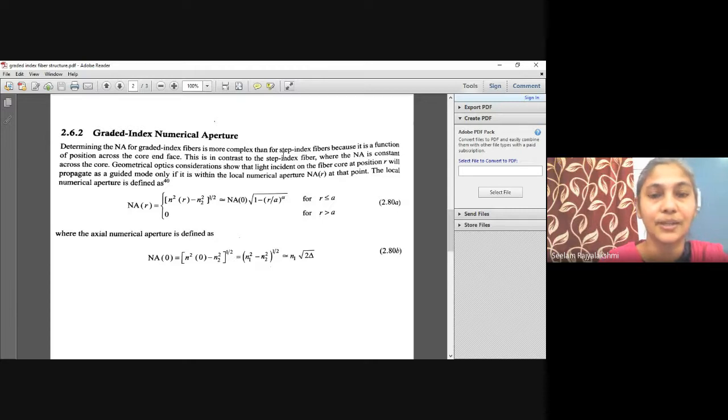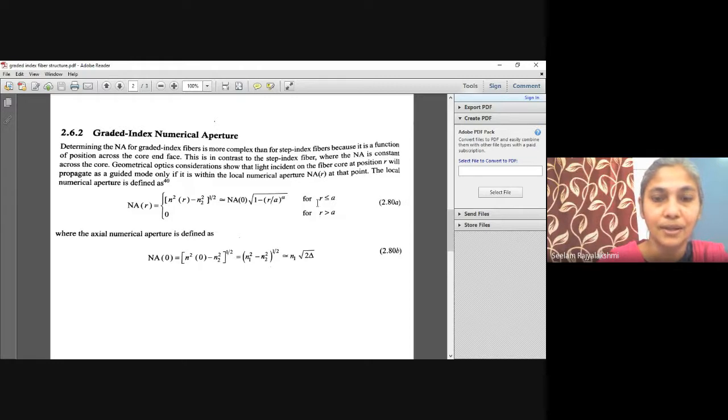If we consider the step index optical fiber, the numerical aperture is constant across the core. Geometrical optics consideration shows that light incident on the optical fiber at a particular position r will propagate as a guided mode only if it is within the local numerical aperture NA of r at that particular point. The local numerical aperture is defined as NA(r) = [n²(r) − n2²]^(1/2), which is similar to NA(0) √(1 − (r/a)